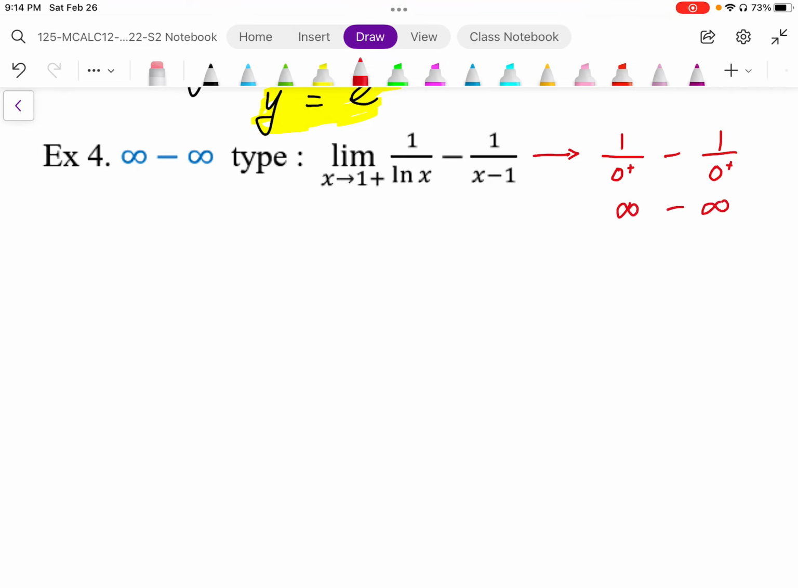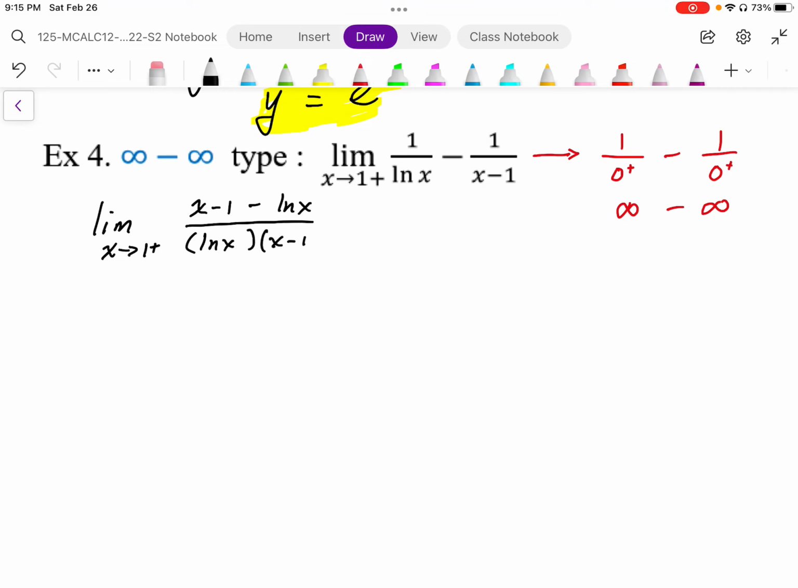Okay, so this type is an indeterminate form, so we need to then apply L'Hopital's. Before we apply L'Hopital's, we need to first write it into a ratio form. Since it's fractions, we're going to get a common denominator and subtract those fractions. So as x approaches 1 from the positive side, we get x minus 1 minus log x, all over the common denominator of log x times